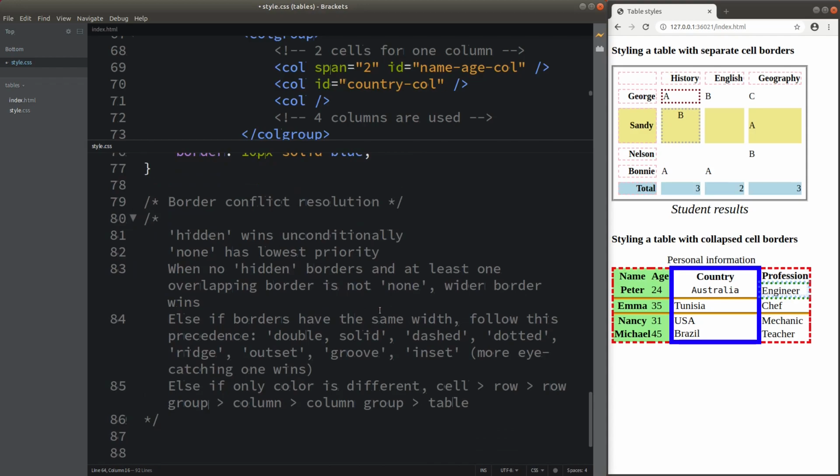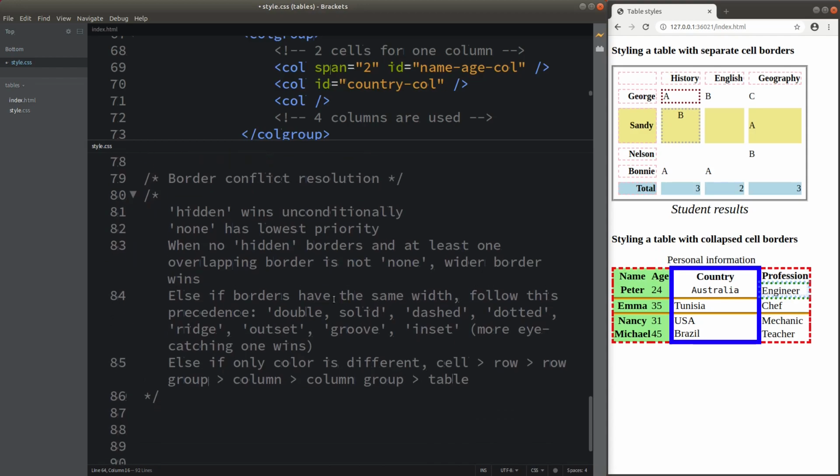According to the conflict resolution rule, I'm going to check the border style. So for the table border, it is dashed. And for the cell border, it is dotted. So that's why you will see that the dashed border will win the dotted border, and you can see the right hand side of the cell border is shown as dashed